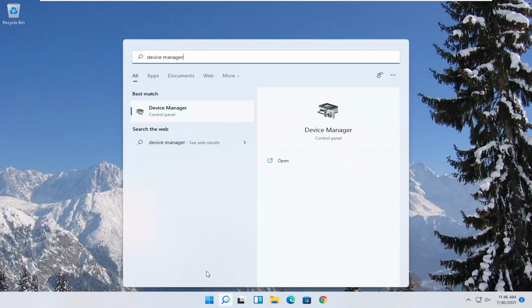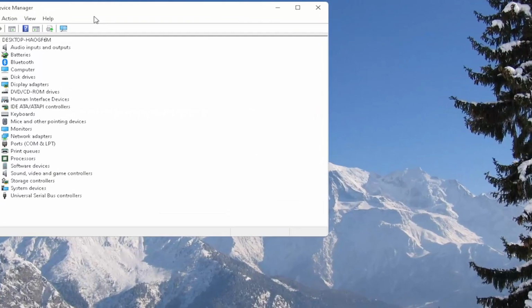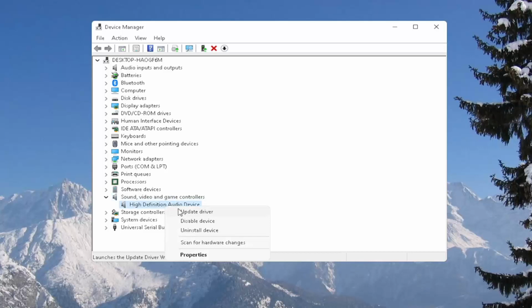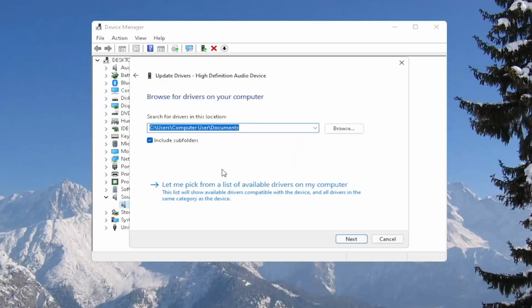Best result should come back with Device Manager here. Go ahead and open that up. You want to expand the sound, video, and game controller section, and then right-click on your high-definition audio device and select Update Driver. Select Browse My Computer for drivers, and then select Let me pick from a list of available